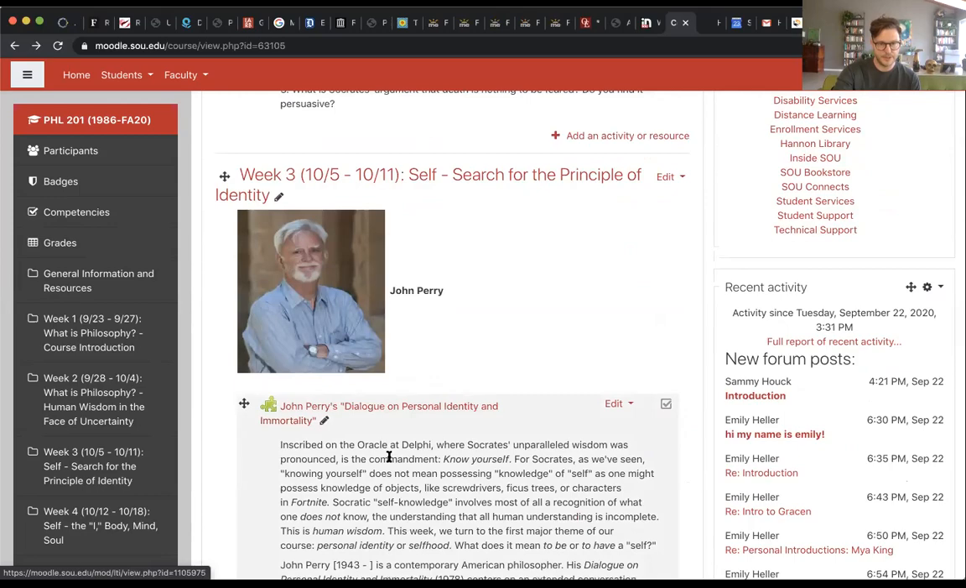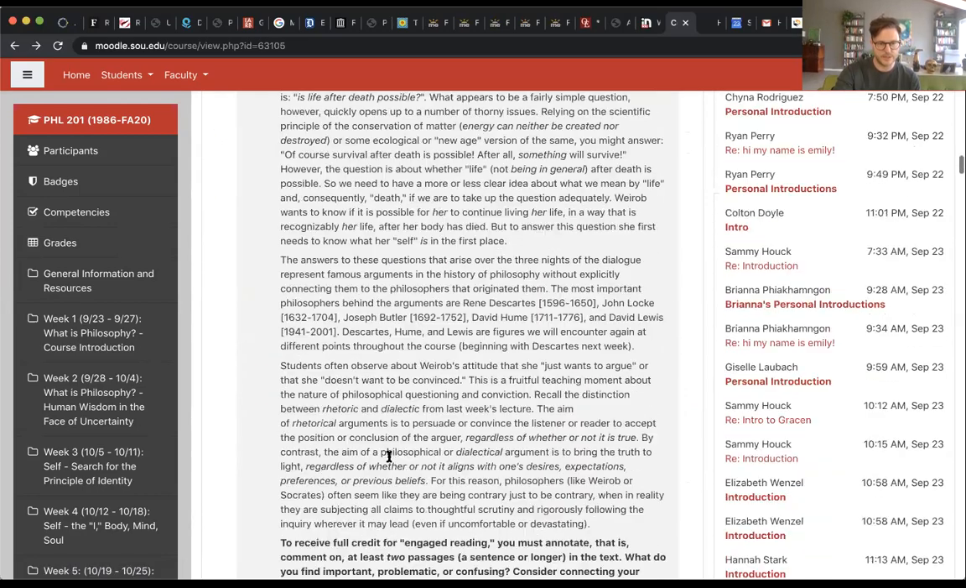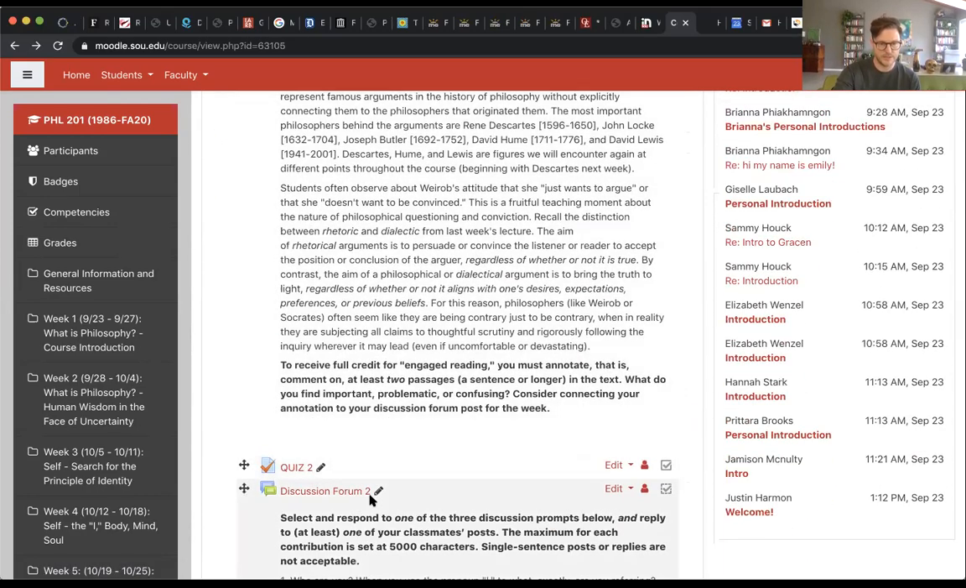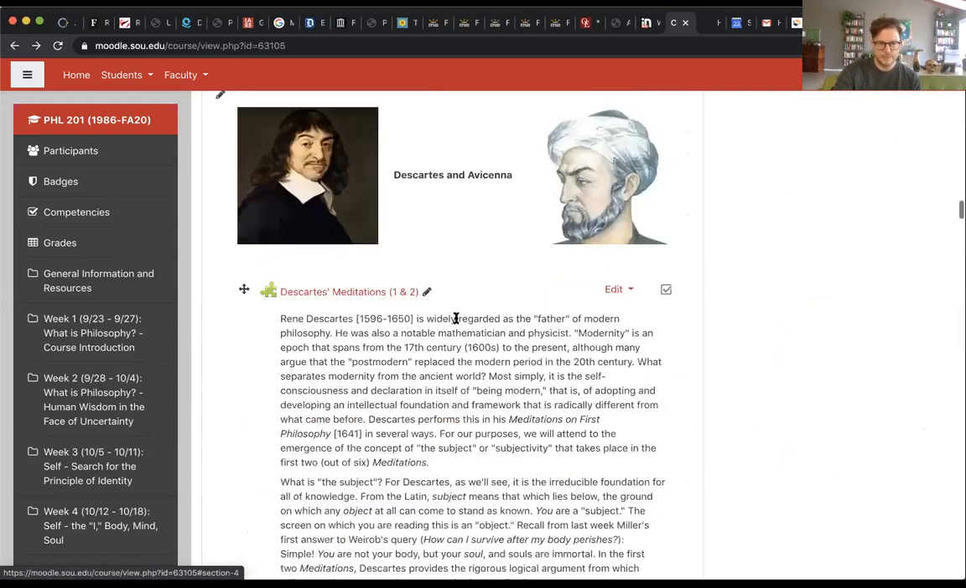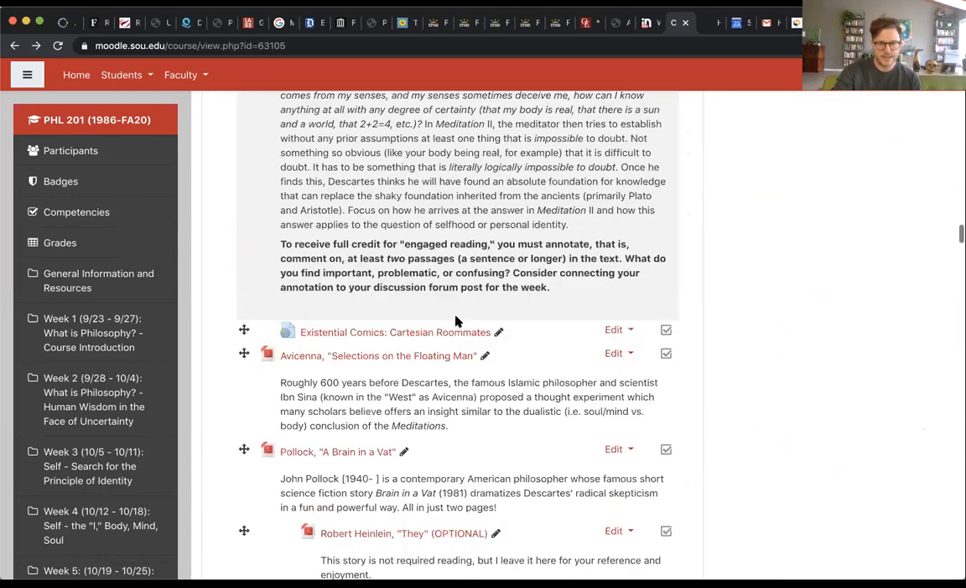So here's jumping ahead to week 3. We can see there's the engaged reading assignment, quiz, another discussion forum. I already have some older lectures that I'm probably not going to change in certain instances. So I want to jump ahead to week 4 because that's where the first